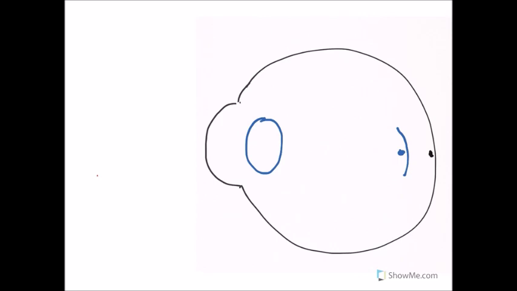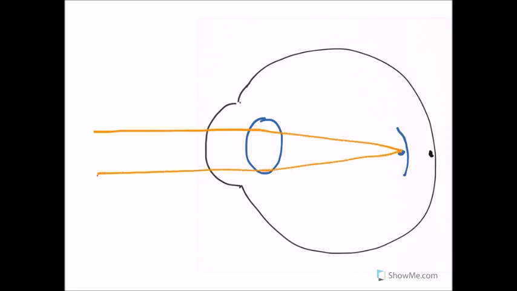So let's say here we have our light from our object coming through. Normally what is happening is it's being bent way too much here, and it's focusing. So if we were to get a lens, some glasses, the lens on our glasses are a very special case of lenses referred to as